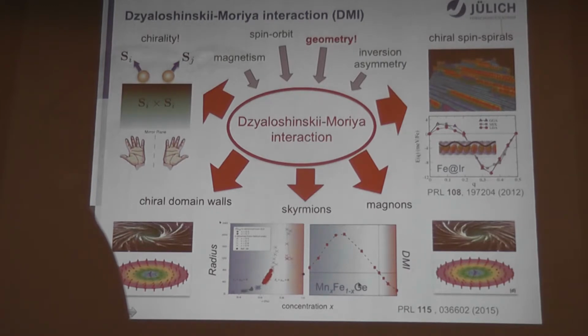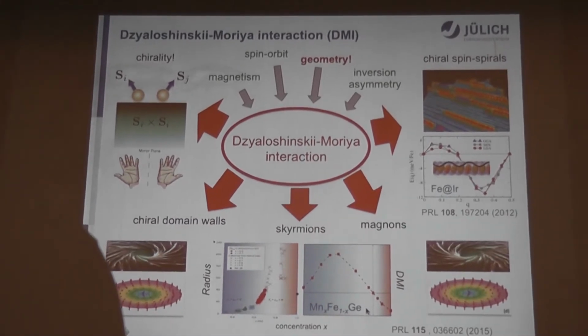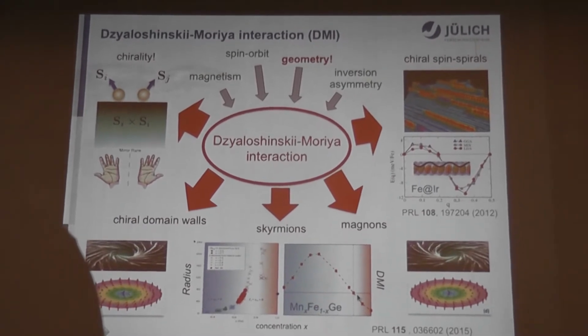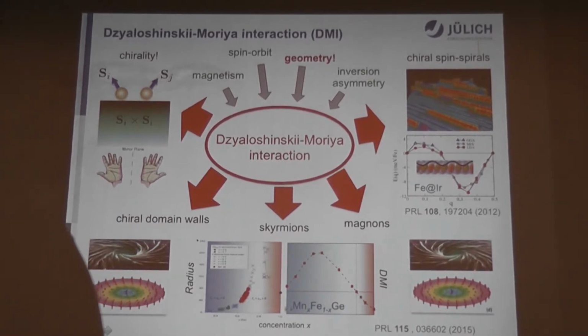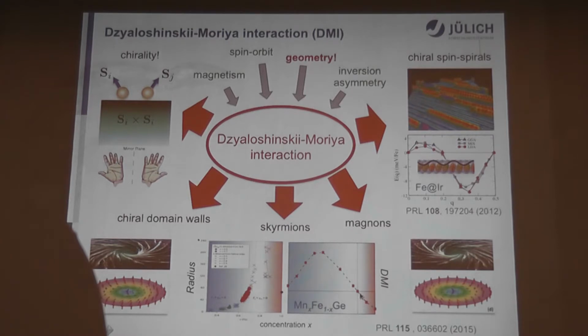And here, with our calculations, we can actually understand why some systems exhibit a certain preference towards twisting in a certain direction, as exemplified on these manganese iron germanium alloys, where not only is the magnitude of DMI comparing to experiment very well, but even the change of sign of the DMI, which is experimentally observed by the Kanazawa group, is reproduced precisely. Moreover, we can even understand from which electronic transitions this change of sign happens.